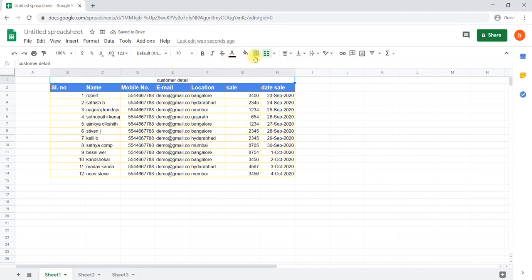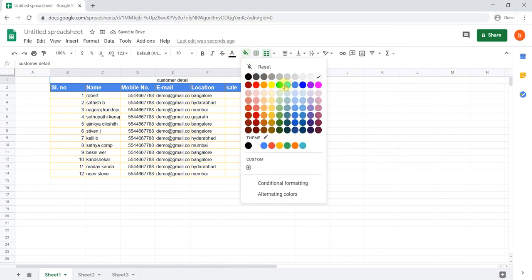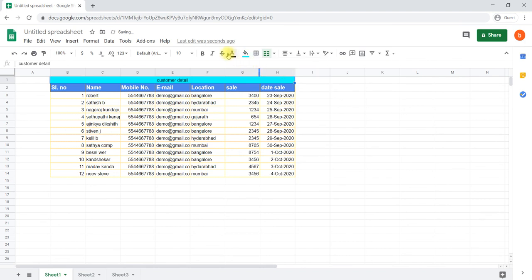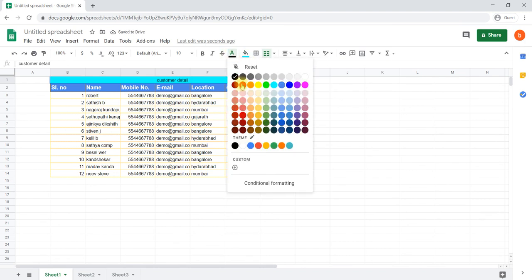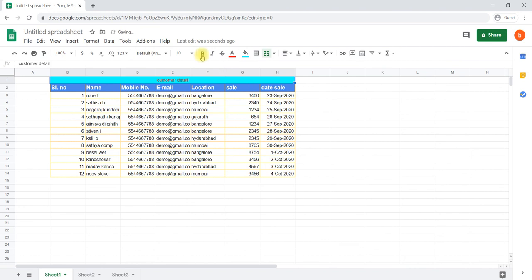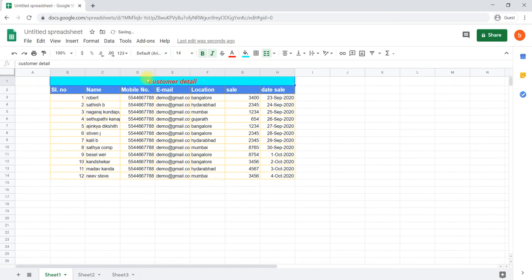Again we can apply the border, and apply a different color. Text color also we can give different, make it bold, make it italic, and we'll choose a higher size, Arial 14.